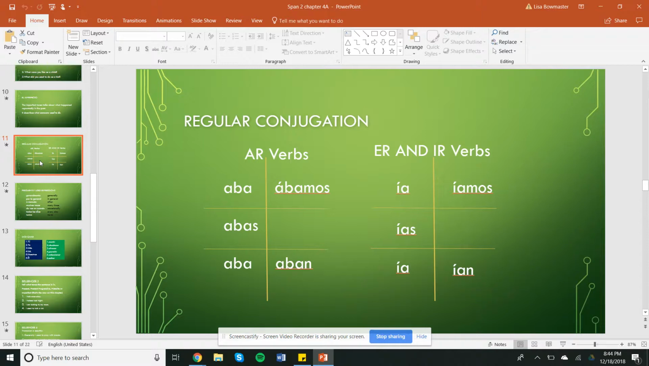So that's easy for us to remember, but when we're writing, we might have to include more often the subject pronoun. We might have to include yo to